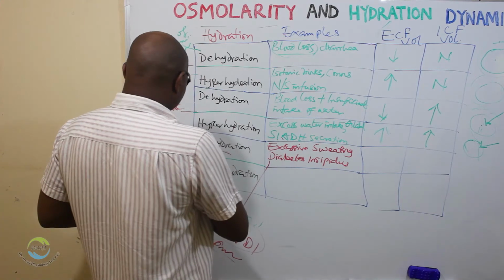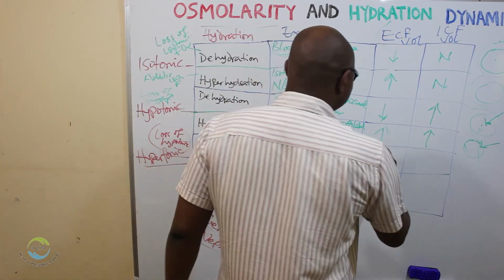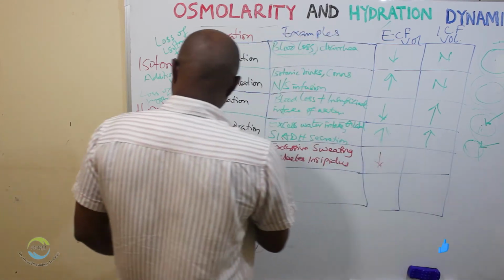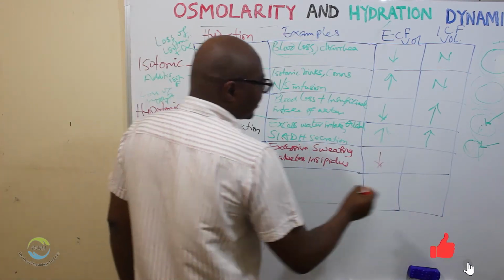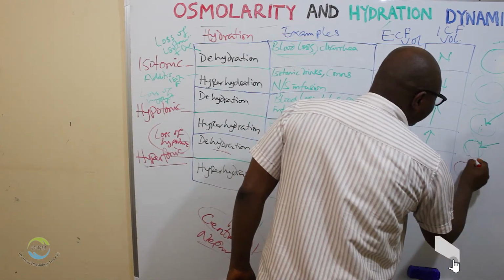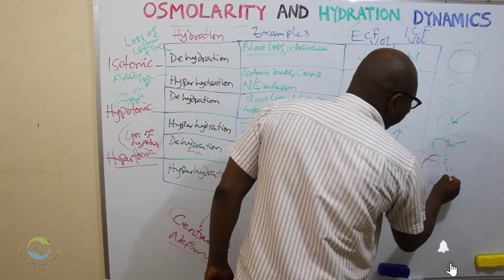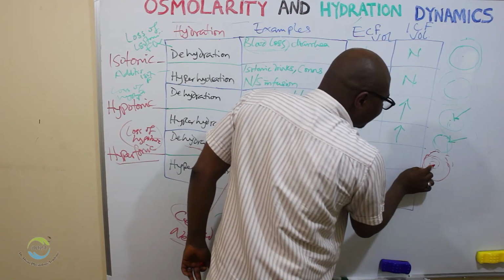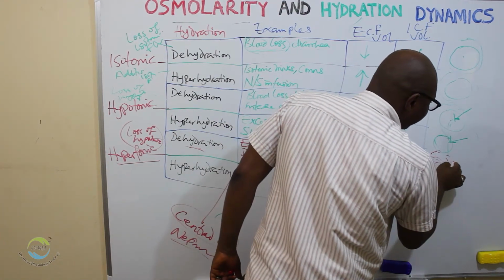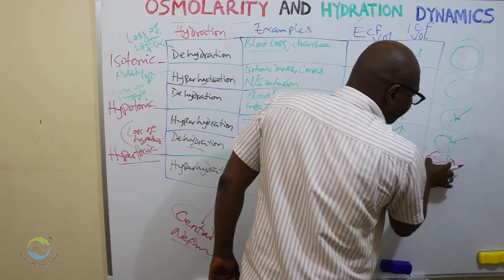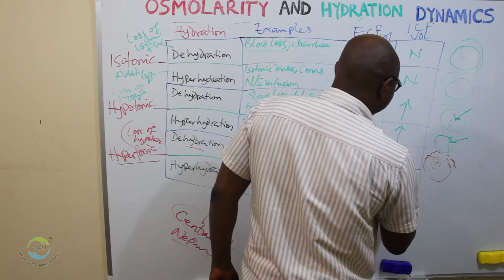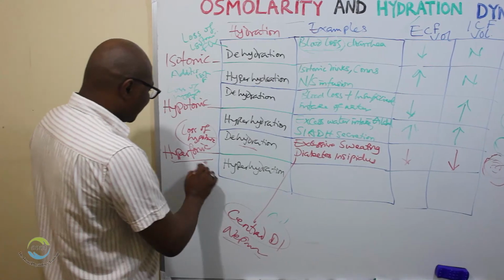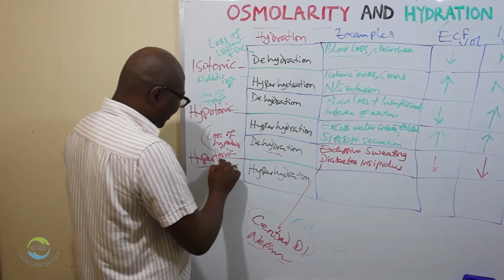So now you have dehydration, which means ECF volume is decreased. Now you have hypertonic, means the surrounding fluid is higher than what is inside here. That means here that is lower, water will move from here to here, which will decrease this volume. So there's decrease in ICF volume. So that's that. Let's go to the next one, the final one, hypertonic